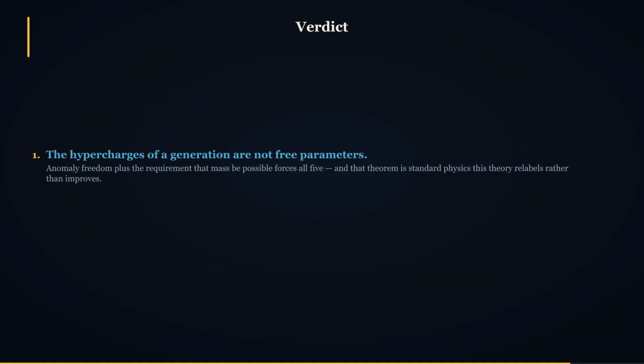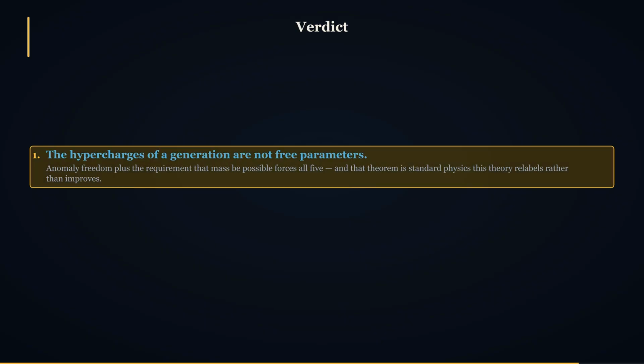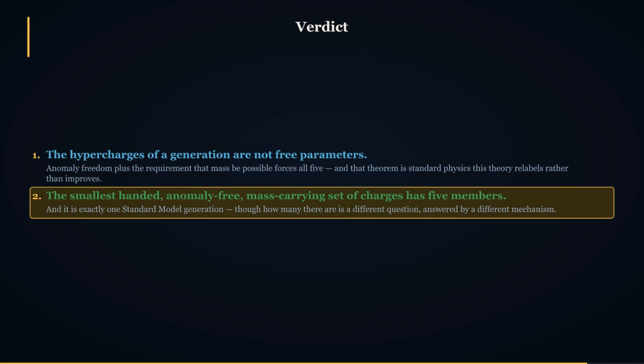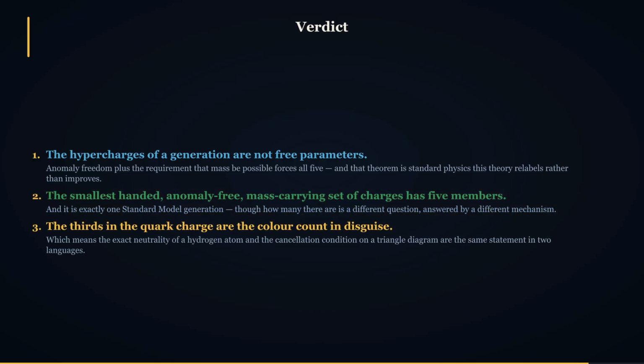The verdict in 3 sentences. 1. The hypercharges of a generation are not free parameters. Anomaly freedom plus the requirement that mass be possible forces all 5, and that theorem is standard physics. This theory relabels rather than improves. 2. The smallest set of charges that is handed, anomaly free, and able to carry mass has 5 members, and it is exactly one standard model generation, though how many there are is a different question answered by a different mechanism. 3. The thirds in the quark charge are the color count in disguise,